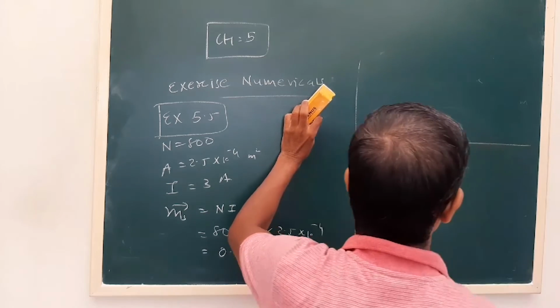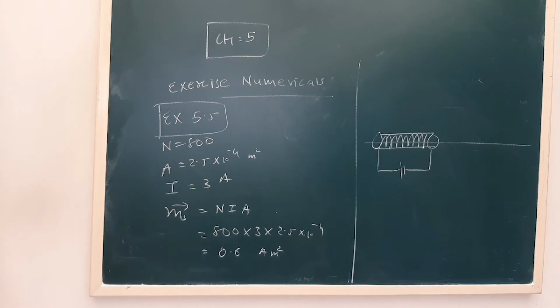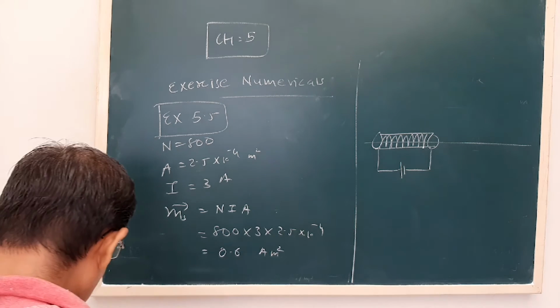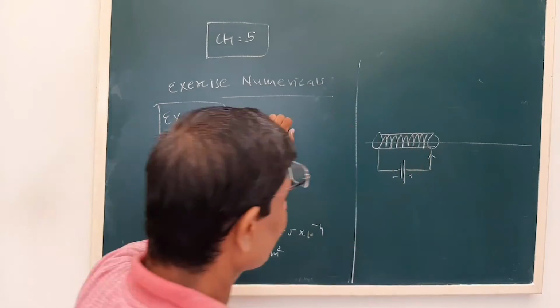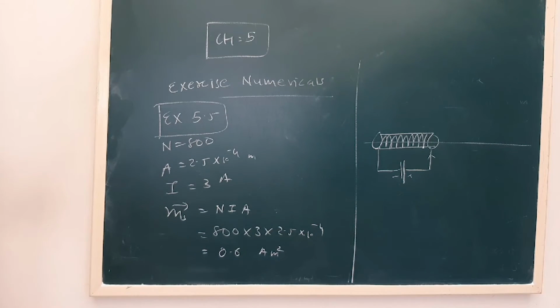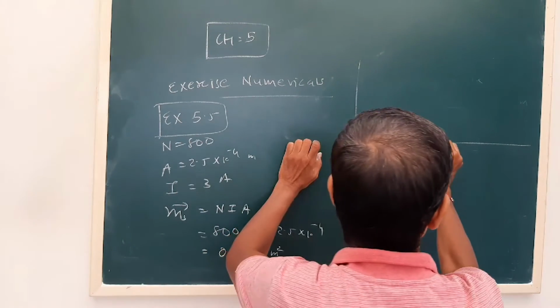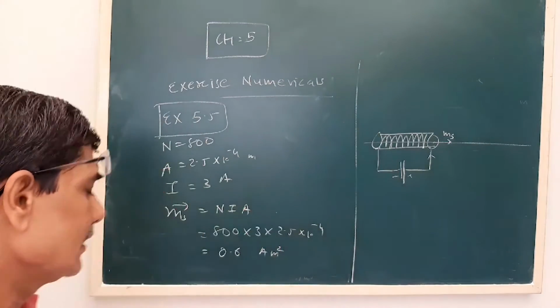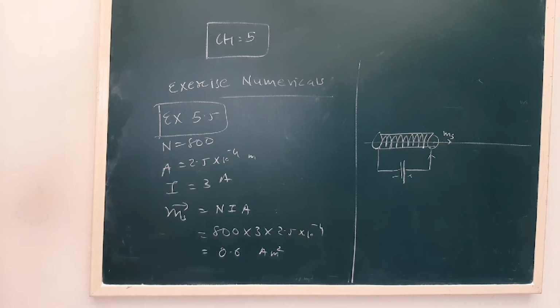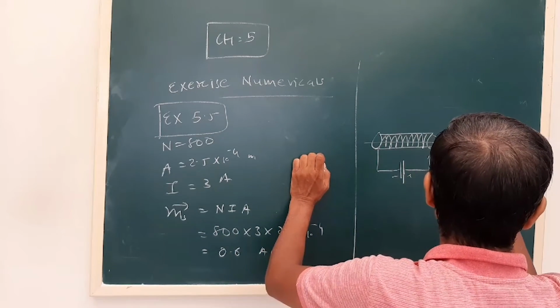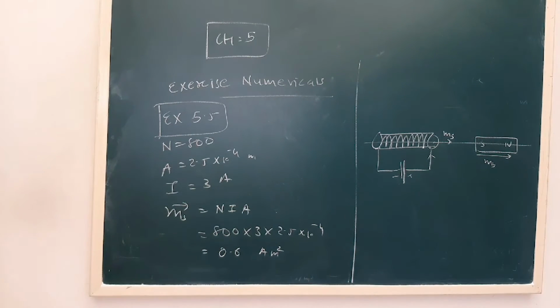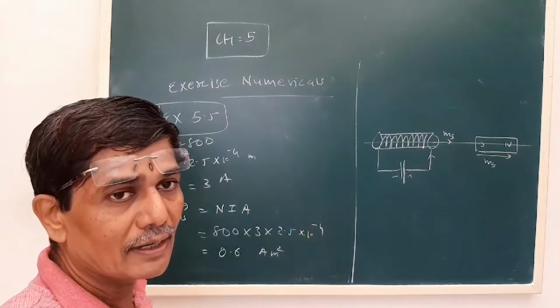In the beginning of the lesson, we had a relation, equivalence between a solenoid and a bar magnet. Depending on the current, let us say the current is in this direction. What is the direction of the magnetic field? Now we can consider it like a bar magnet with dipole moment in the similar direction. So that is the relation, or the equivalence, between the dipole moment of a solenoid and a bar magnet.